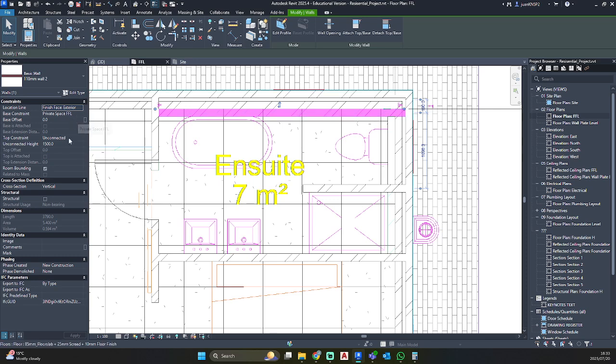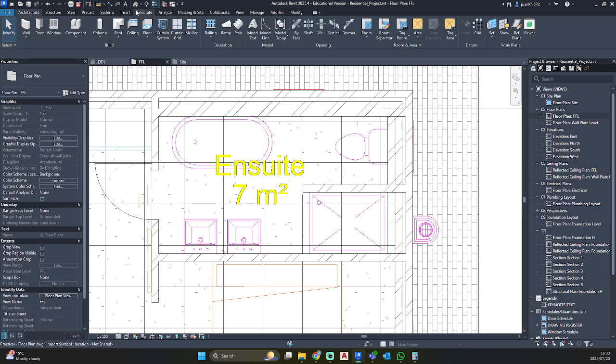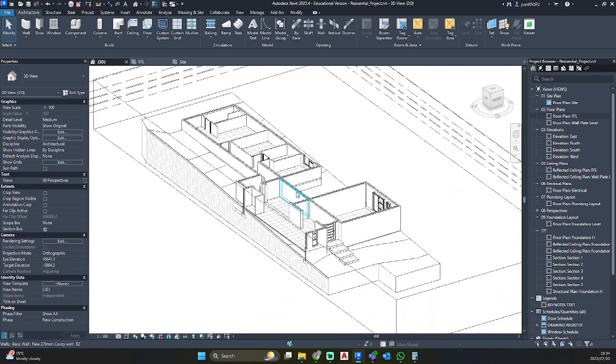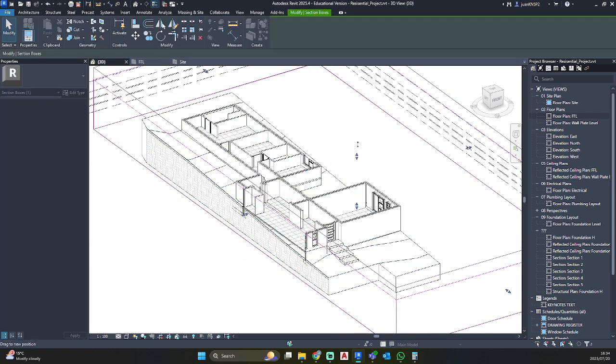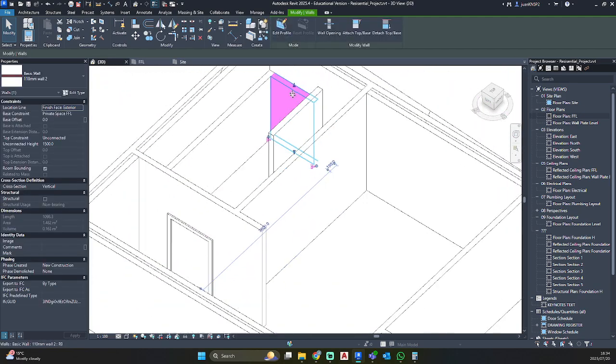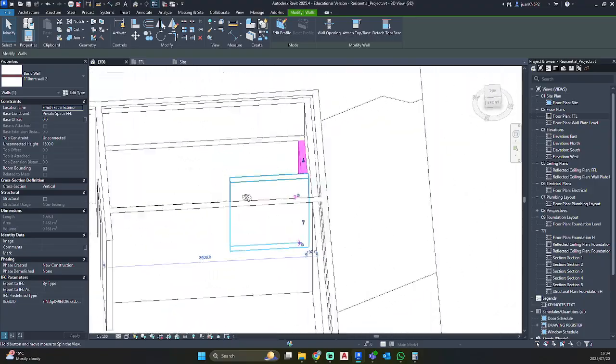Okay, so this will be private space, unconnected height. So this one snapped to finish floor level, so I just need to change that back. And there we have it. So let's go to 3D view. I'm just going to drag this up. And there we can see our additional wall that we've created.